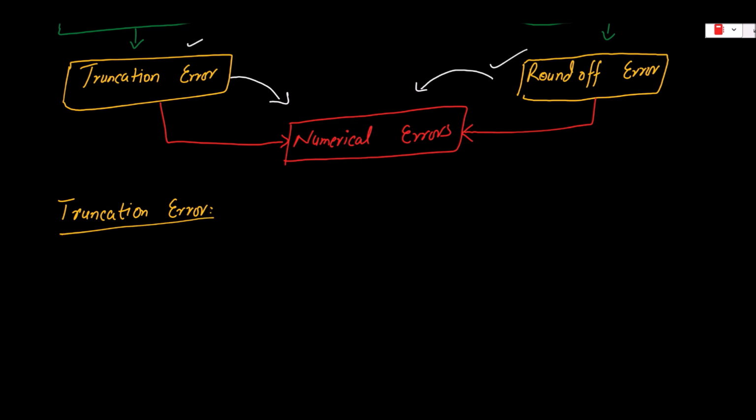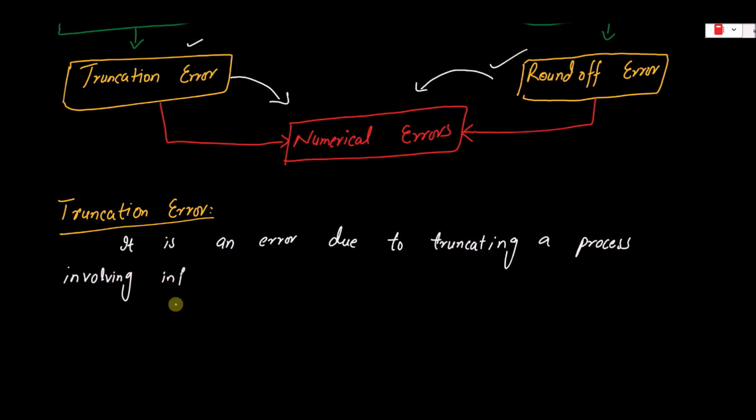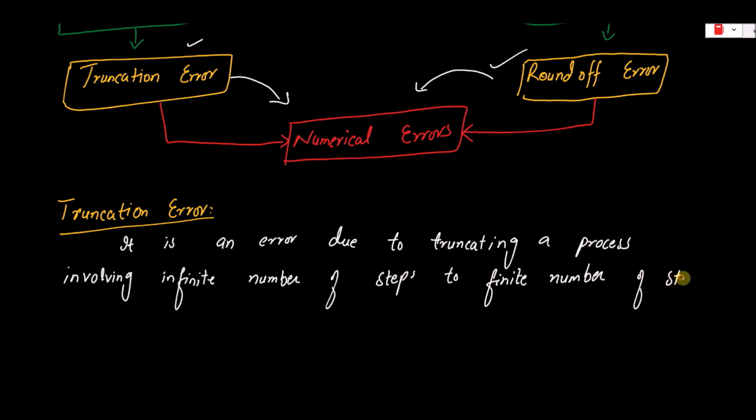Firstly, we are going to define what a truncation error is. It is an error due to truncating a process involving an infinite number of steps to a finite number of steps. For example,